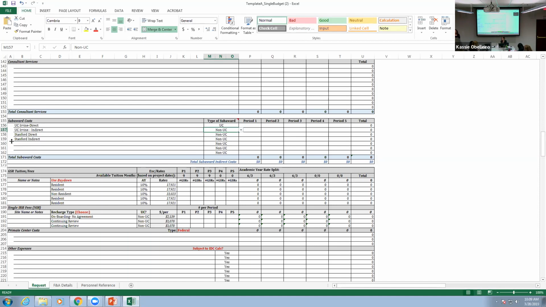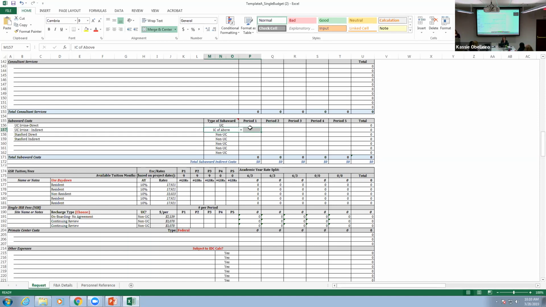Once we've decided that, on our second line where indirect is, on the one directly below, we want to choose IC of the above. That's indirect costs of the above. Because in the calculations, these two will total as one subaward, not two. If you skipped the line and did IC, it would treat it as a whole different subaward, right? Because it has to combine them for the first 25K, or it has to say both of